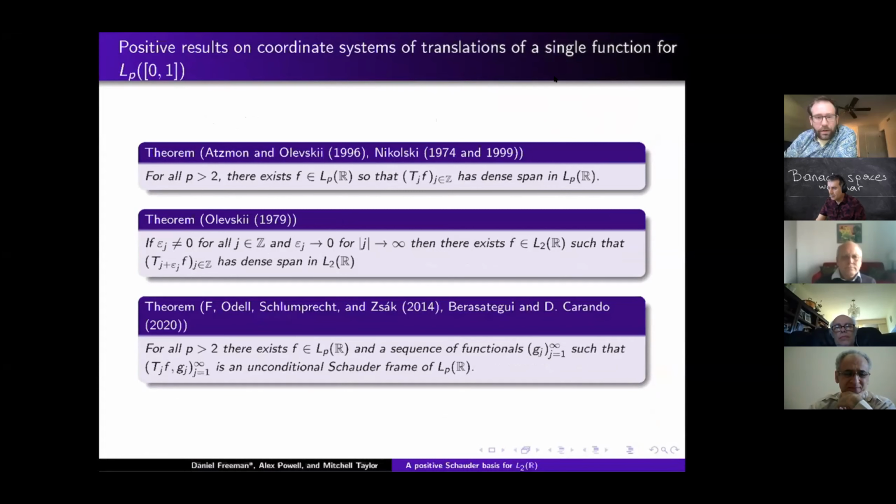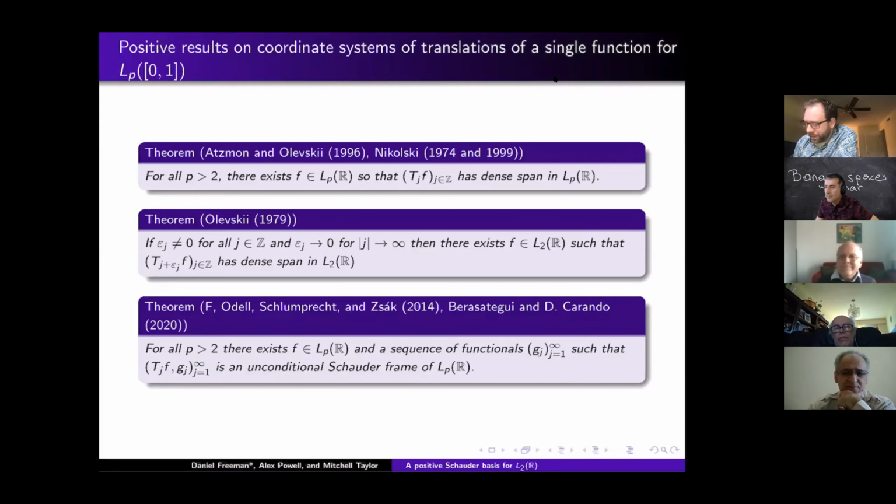Here, can you make also the frame functionals to be translates, or is it impossible? The G's, the way that we pick the G's, these will actually be Haar vectors,